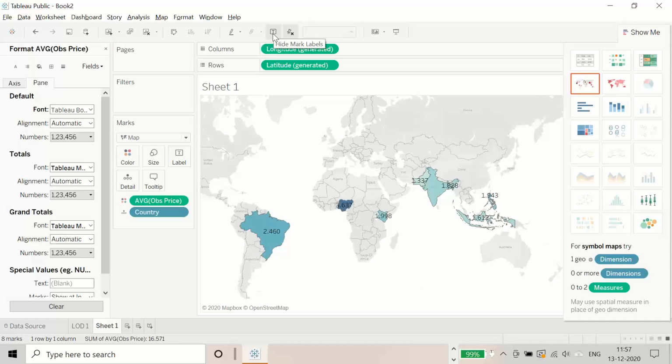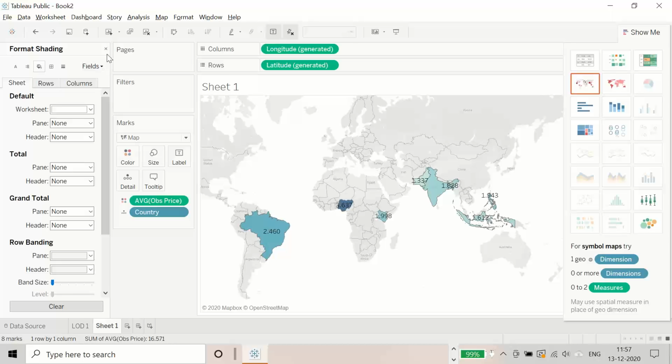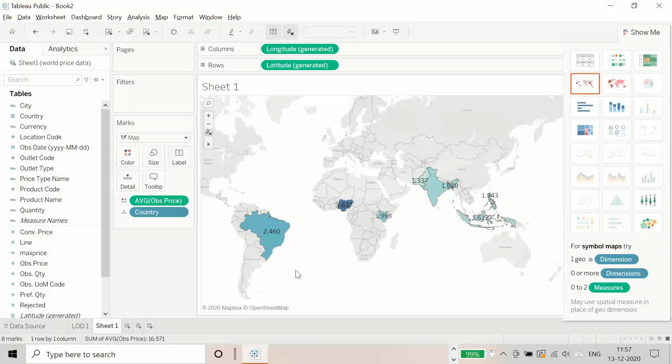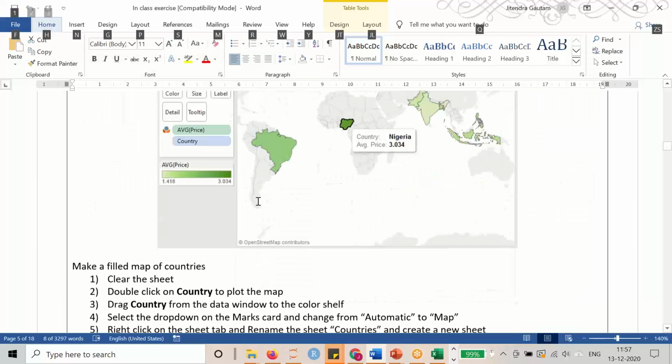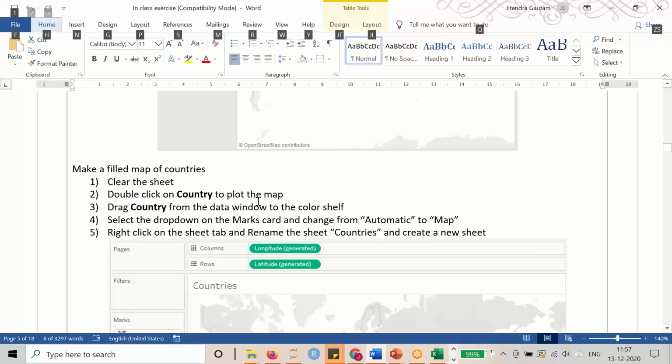So by clicking on this you can display your labels. So this has answered your question, which country has the highest average price, right? Now